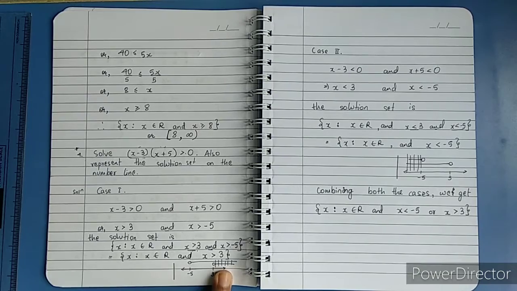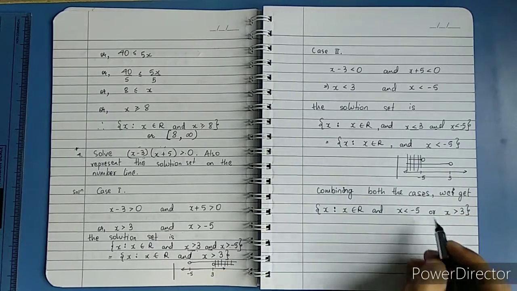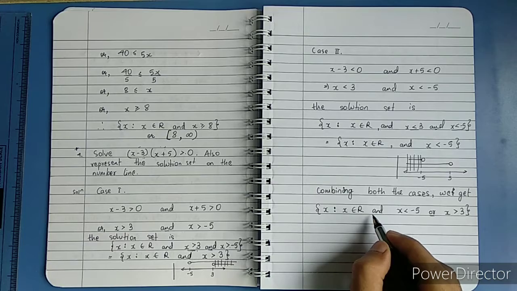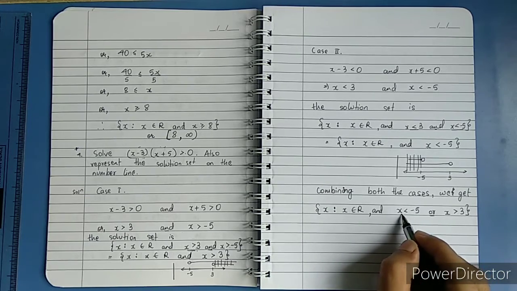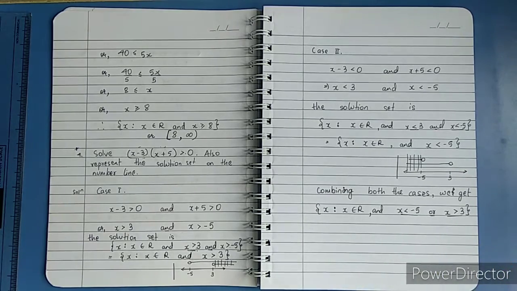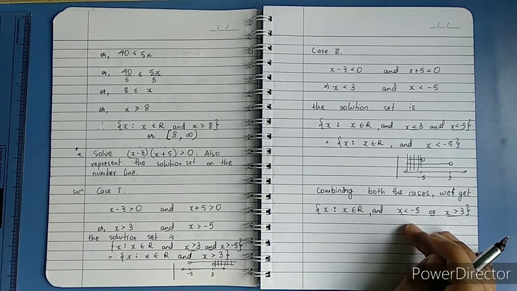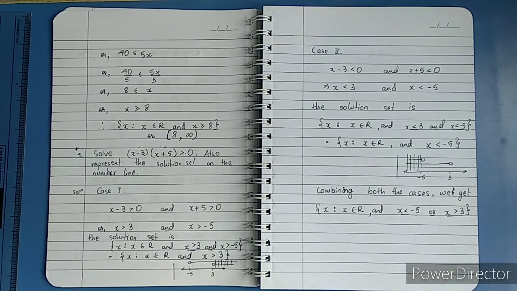We can have this solution or we can have this solution. Or denotes a union, and we can have this also as the solution and we can have this also as the solution. So to represent it graphically,